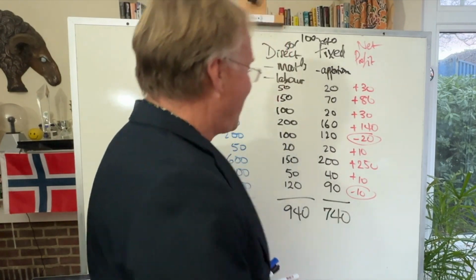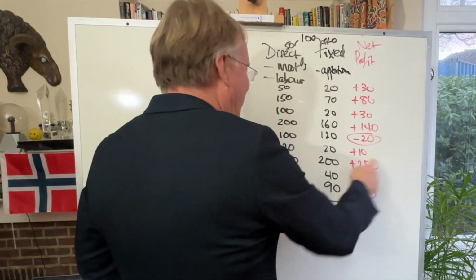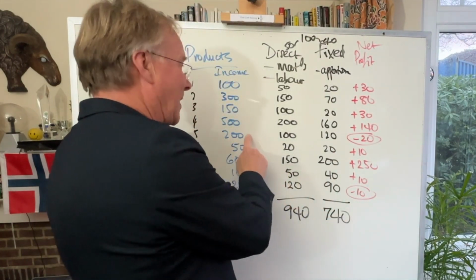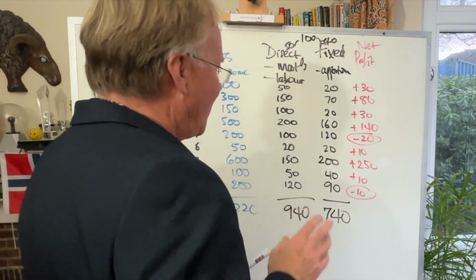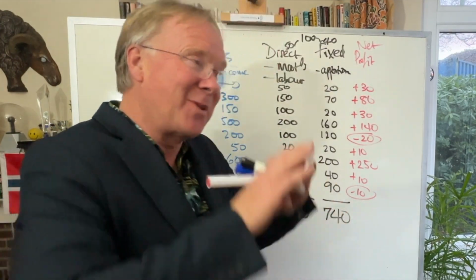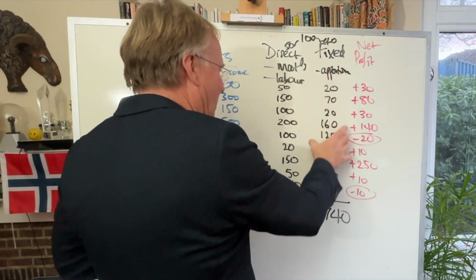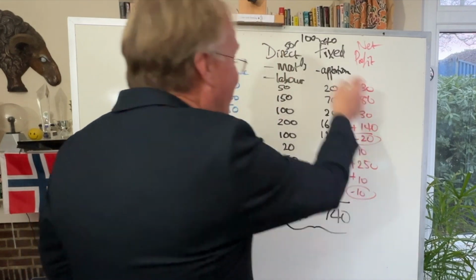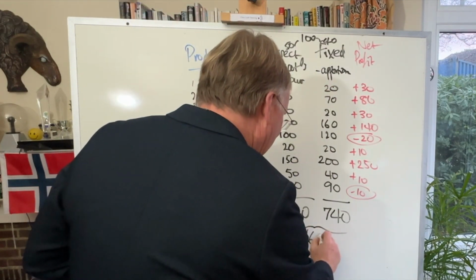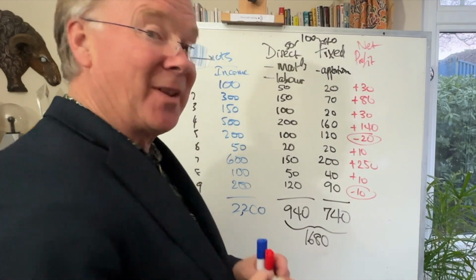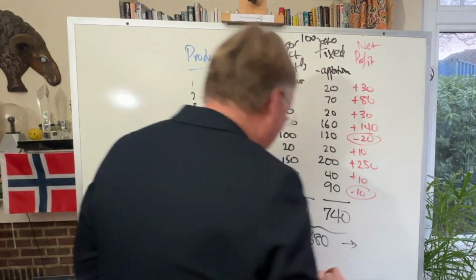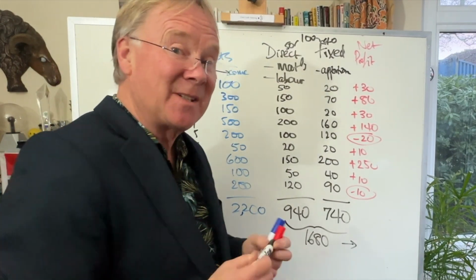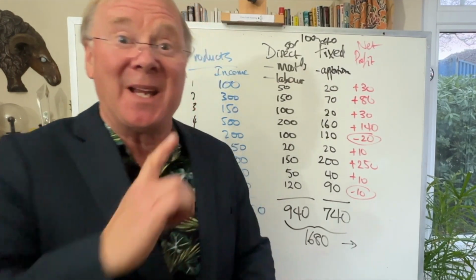Now, there may be a reason why we do. Maybe they're strategic. Maybe if we do this one, it means that we also sell this one, which is very profitable, or something. But we would certainly want to ask the question of, should we put the price up for these ones? But the really important thing that I want to get to, the reason I'm doing all of this to show you, is that if we add up this column and it comes to 740, and we know that our total costs, if our estimates were right, would be 1680. And we know, therefore, that in theory, we would expect that we've got 2,200 coming in, we've paid 1680 out,